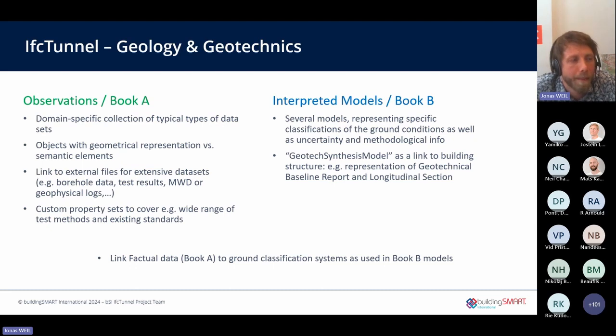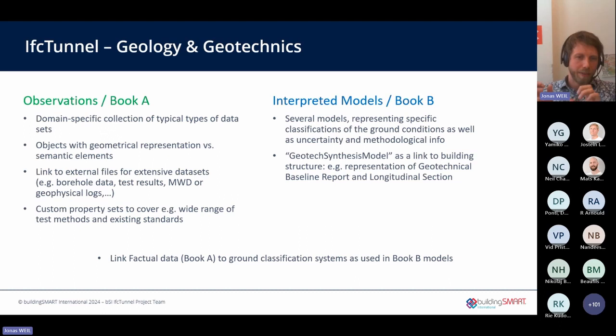For Book B, as I said, we wanted to have parallel models, because of course you can classify the ground according to certain aspects. You can have a stratigraphic geological model, you have a model of tectonic structures, you can have a hydrogeological model, and you can have a geotechnical model for a certain design case, but you might have a different geotechnical model for another application.